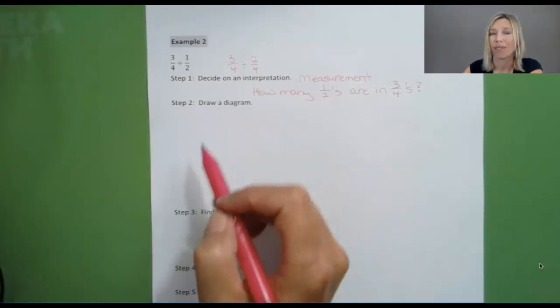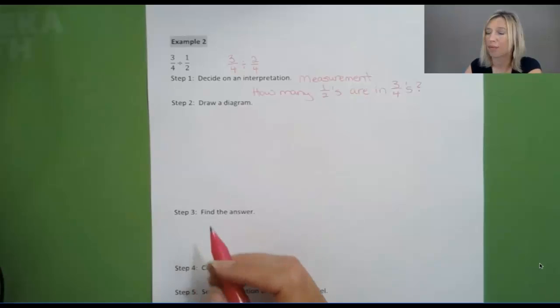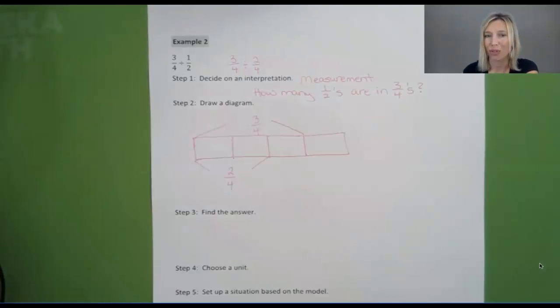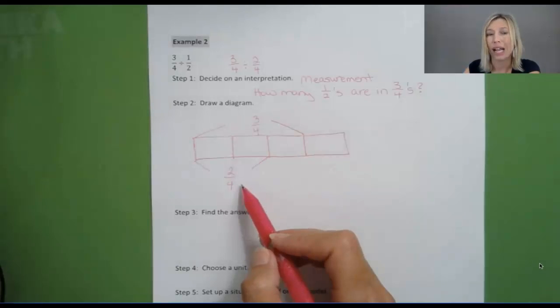Now, step 2, draw a diagram to model that situation. I want you to pause the video, create your diagram, and come back when you're ready to check yours with me. This is the diagram that I drew. Take a look and see if it looks like yours. I can see I have 3/4, and I'm asking how many 2/4 are in 3/4, or how many 1/2s are